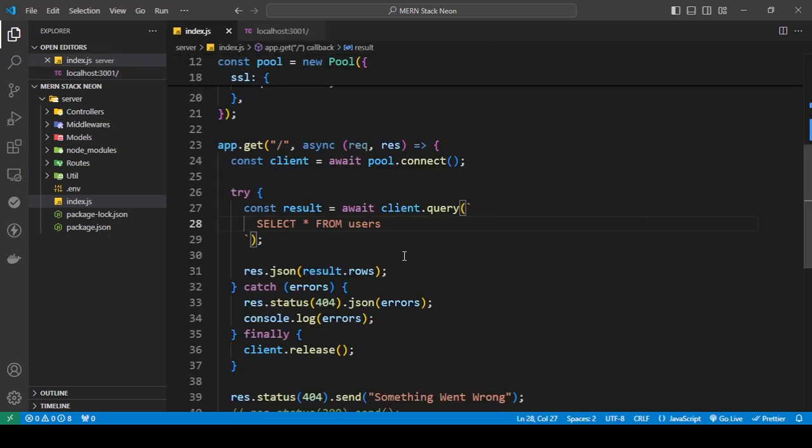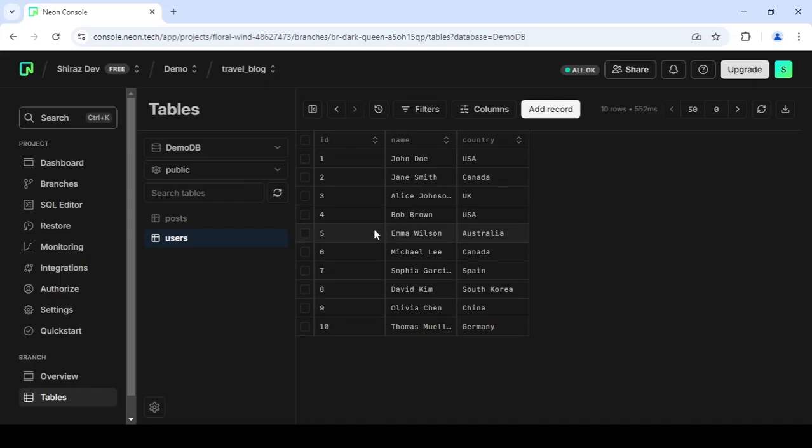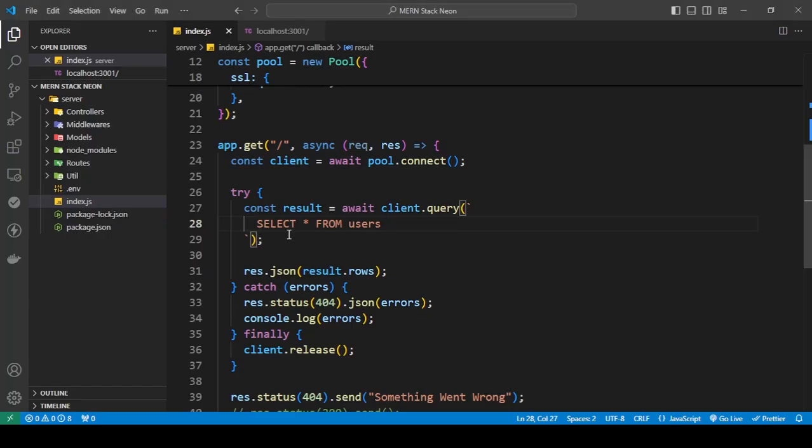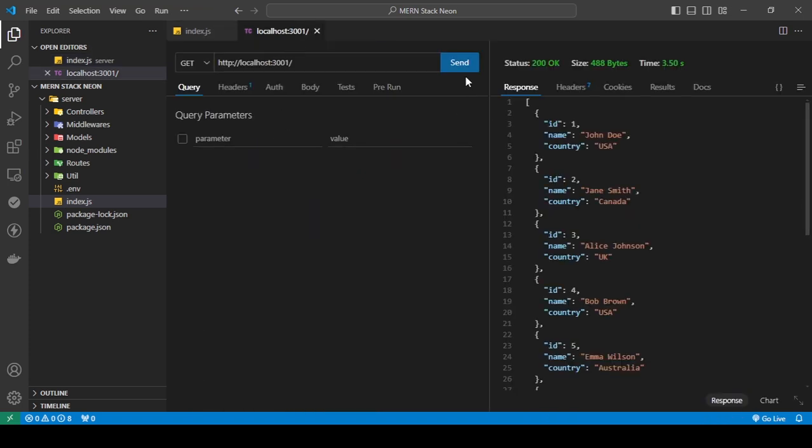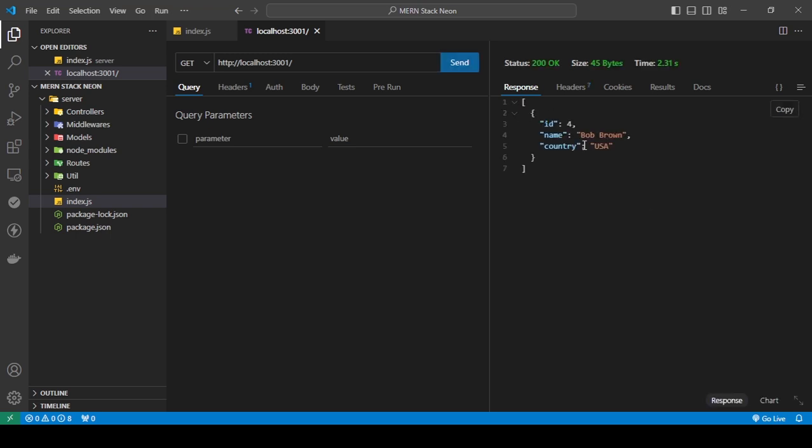So, we are going to use now the where to get the fourth user. Okay, so how do I get a specific user? I can use the where, and then I can say where the ID is equal to, and then the user ID, which is 4. So if I save this and then I send a request, I can get the fourth